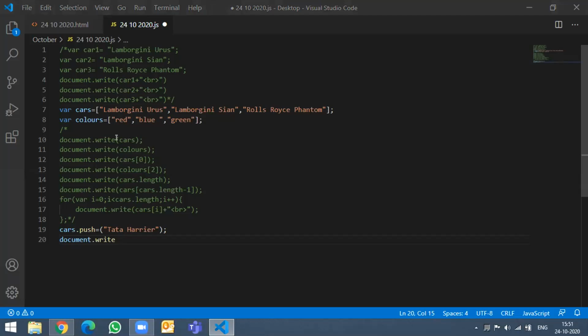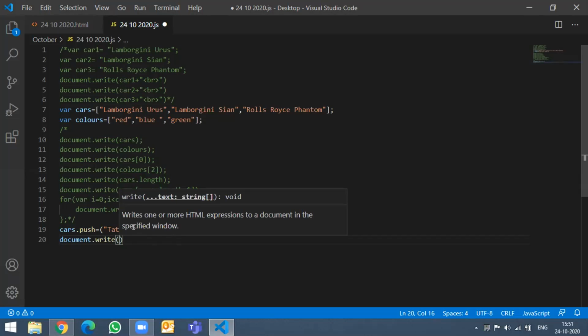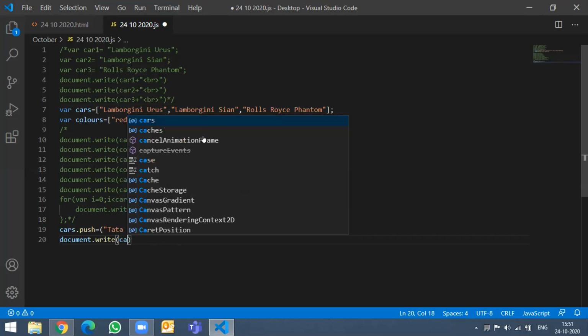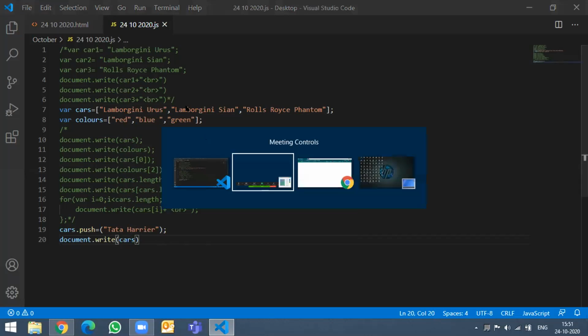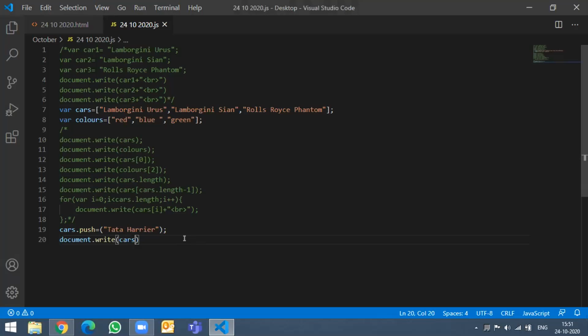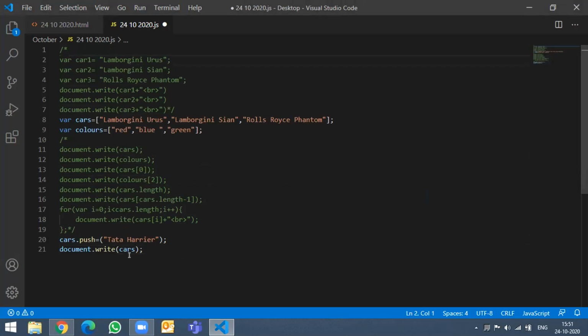What do we have to write, sir? So we want to add a new value. Yes. Okay. Document.write, and then you say cars. And just put a semicolon at the end also. Okay.